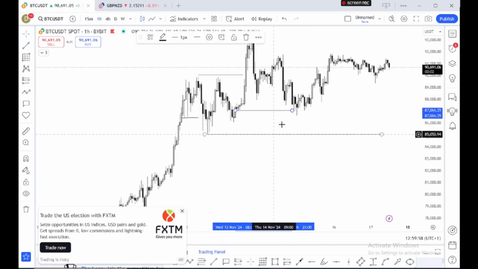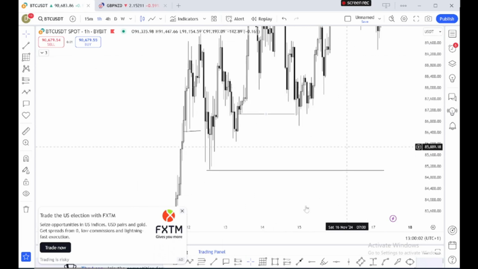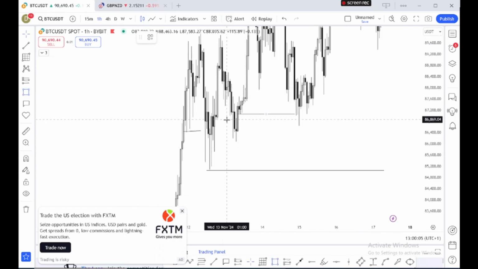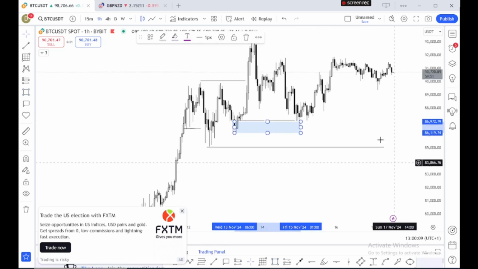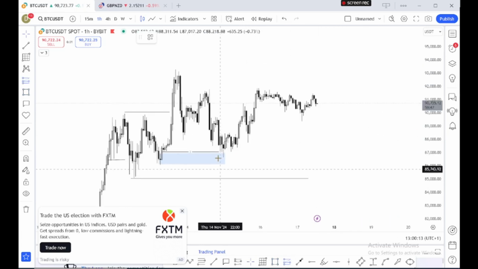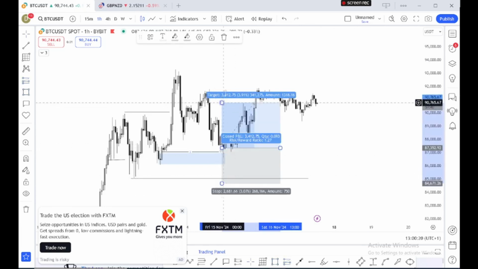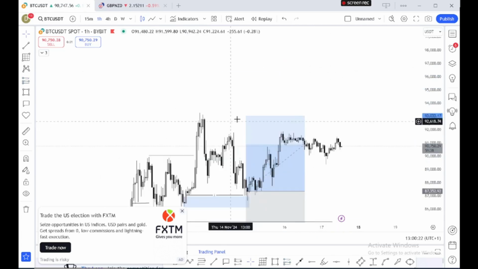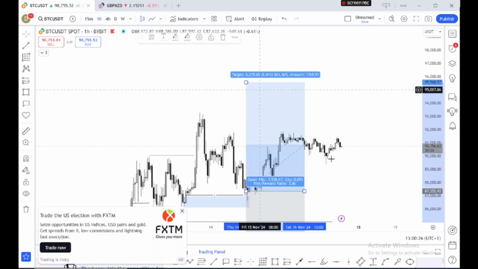So our inducement is somewhere there. And as you can see, market swept this inducement. I think it mitigates something here, this other block. Yes, this other block. I actually have a trade on this. So immediately I saw this sweep, I had to engage somewhere here. Put my stop loss here. Since we are bearish overall, then I'm looking at this. So this is what I'm looking at on